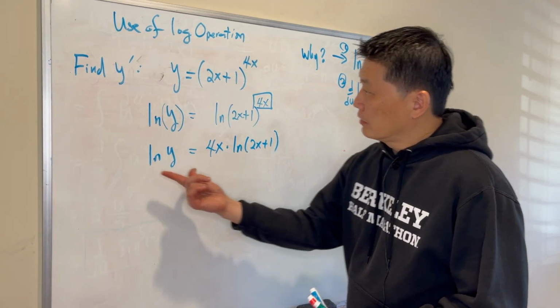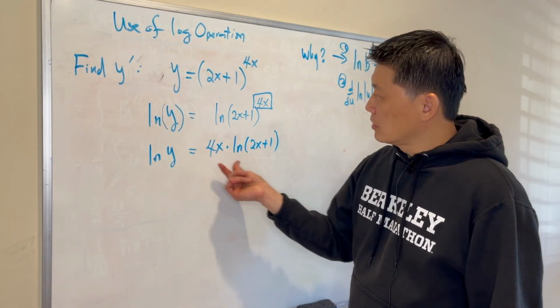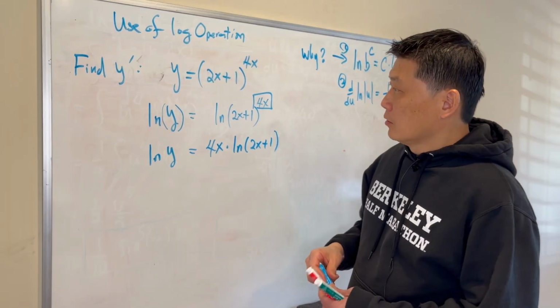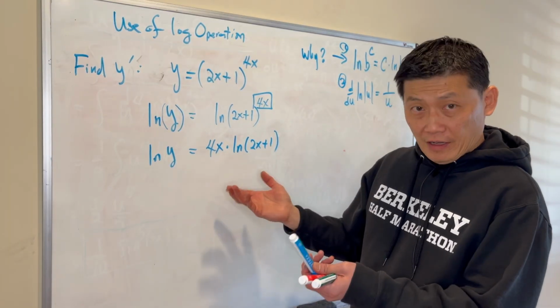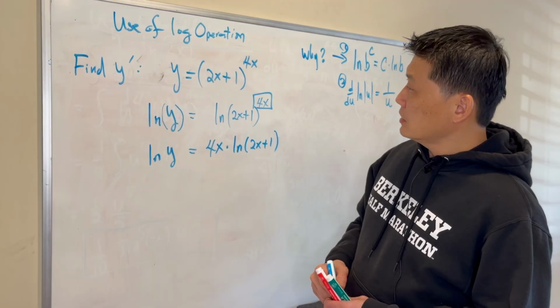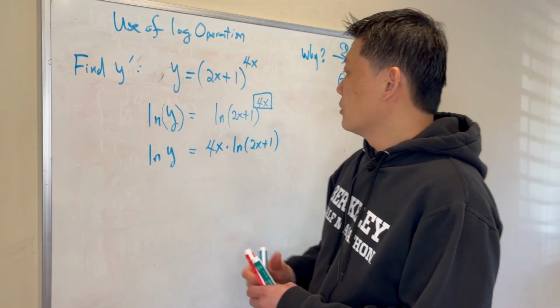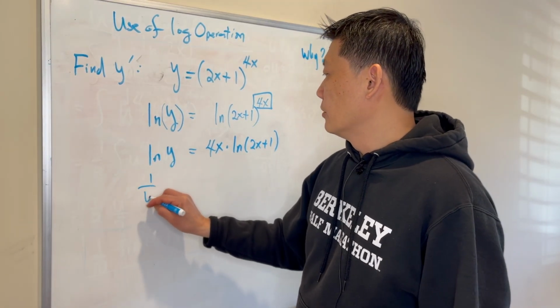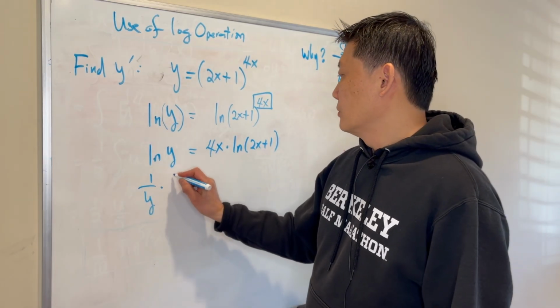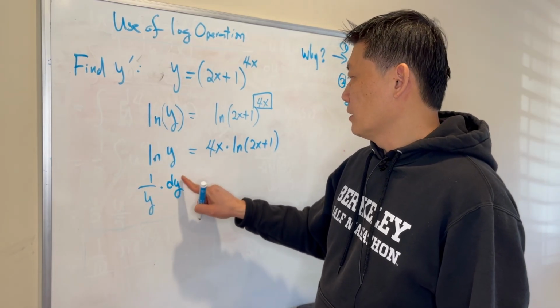So that means you have a function here, a function here, and a function here. We can go ahead and find the derivative implicitly. So the derivative of ln y is 1 over y times dy,